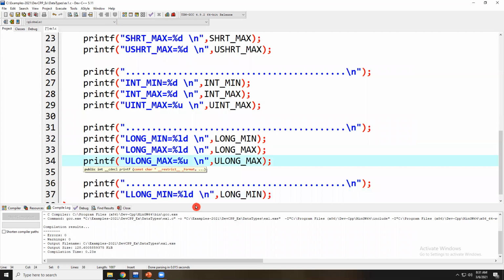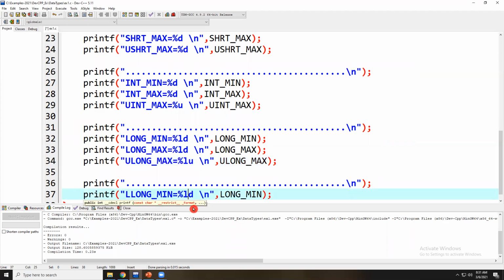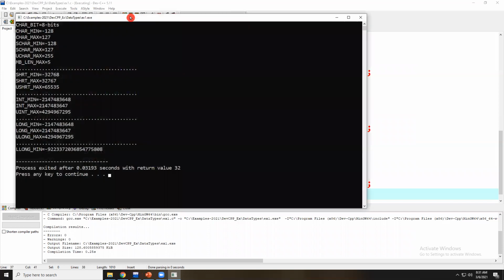Here you can also print %ld, no problem, both are the same. LONG_MIN represents the long min value. How to represent it? The format specifier is %lld. LLONG_MIN, the range of the long long min value, is printed with %lld.